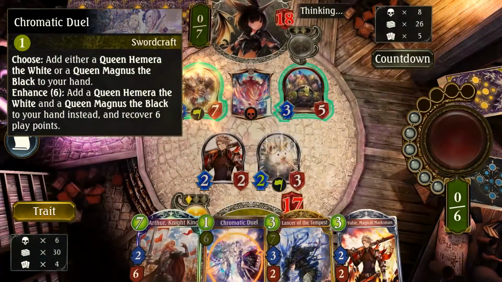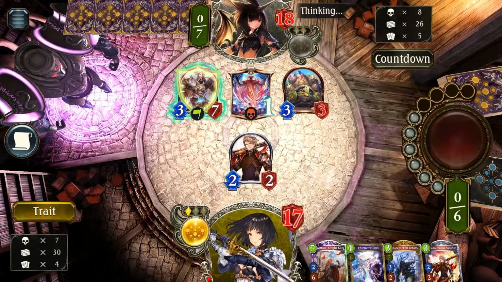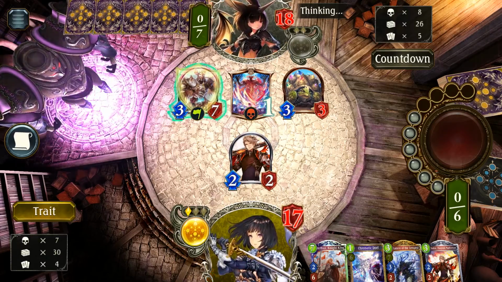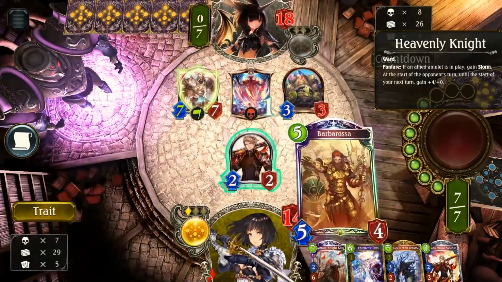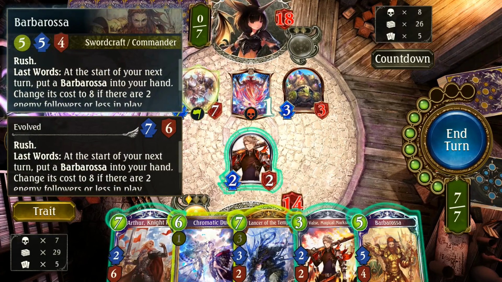Okay, this was not part of the plan. This is not how I envisioned things going. Because now, even if I handle my opponent's board, not in a great spot. Oh, Barbarossa is a decent draw, but...